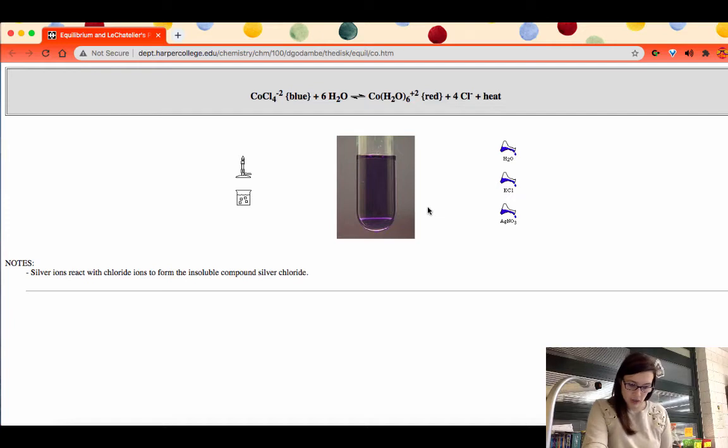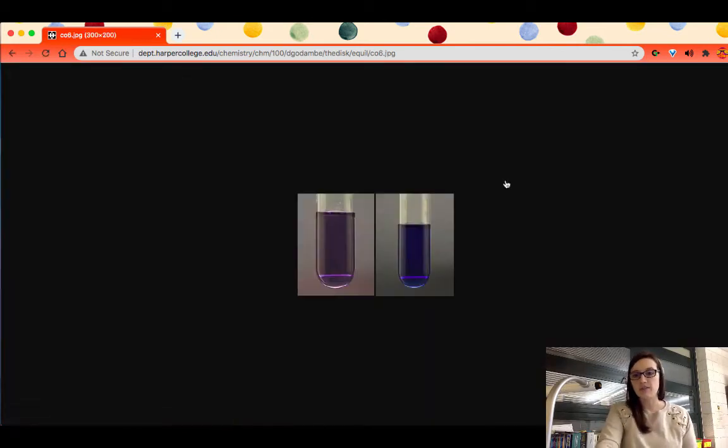So when we look at the lab, the first thing that we're doing in the lab is we're adding some drops of KCl. So if we click on the drops of KCl, what we notice is that it went from purple to blue. So what this picture is showing is the initial equilibrium, and then once equilibrium is re-established. So once we add KCl, this reaction shifts in a way to make the new equilibrium more blue. So when you look at the equation,